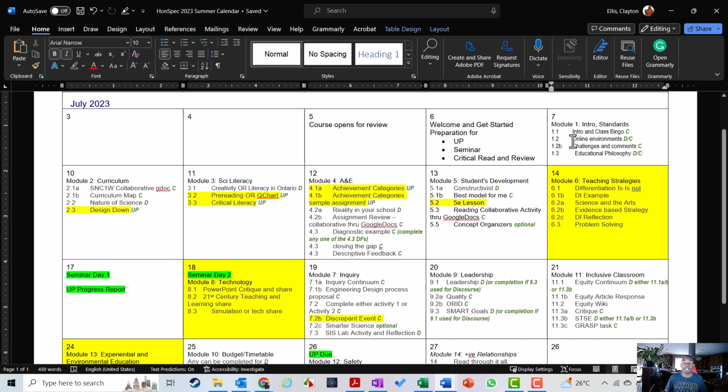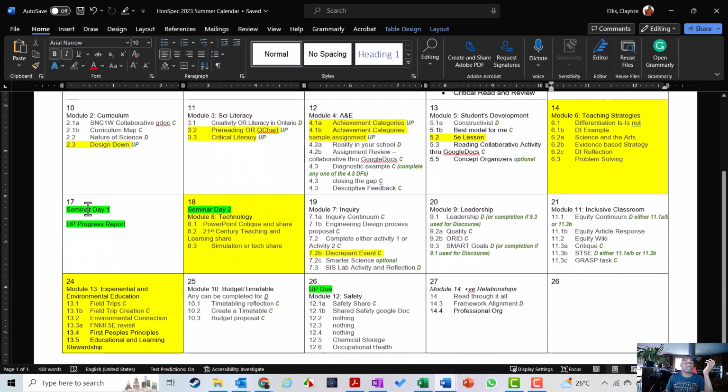If you want to work ahead, you can, but know that this is a collaborative course. If you decide to work ahead, you might not have discussions to talk to somebody about. So if you do work ahead, make sure you come back to a module that you worked on early so you have the ability to talk back and forth, to have that discourse. Without the discourse, you can't get into level 3. You need level 3 to get a B, so you need to have some discourse. Okay? So those are your deadlines.